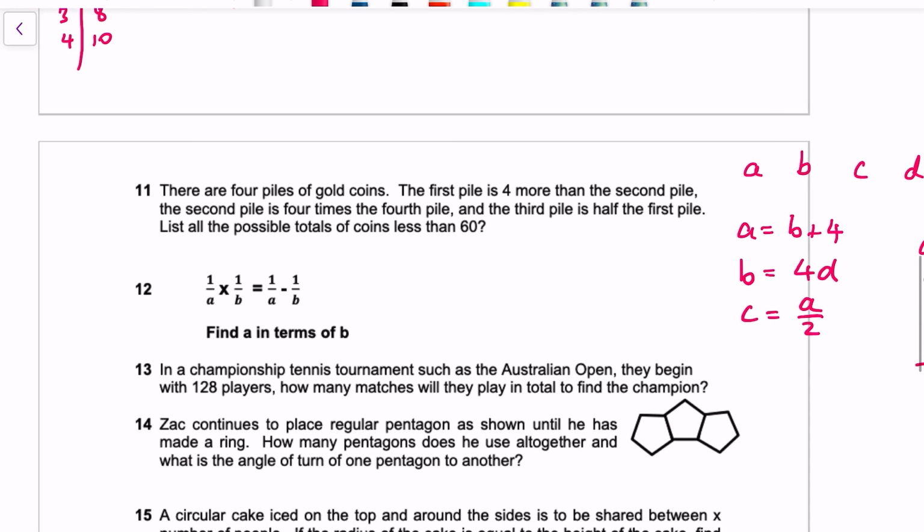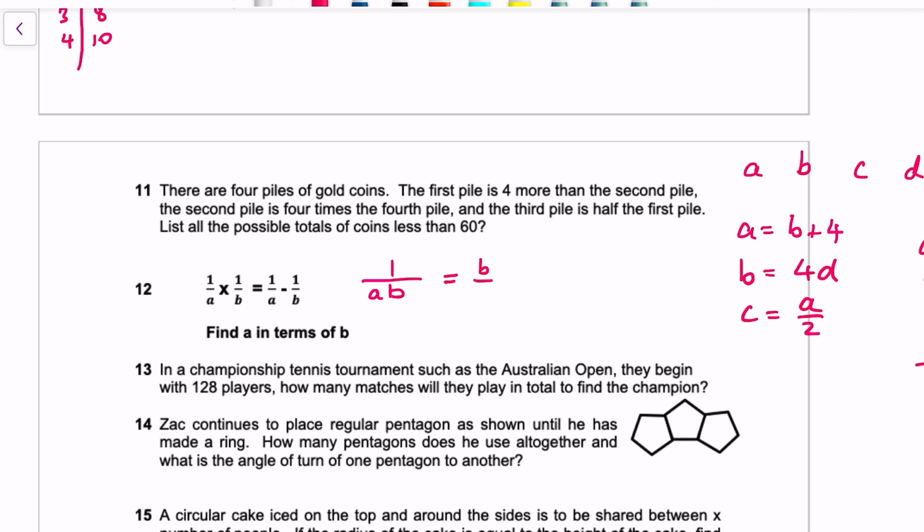Okay, find A in terms of B. This question wasn't done well by the classes, which is interesting. It's just fractions, it's nothing scary, but we've got 1 over A times B, because 1 over A times 1 over B is 1 times 1 over A times B. And then these fractions, to put them together, we'd need a common denominator, so